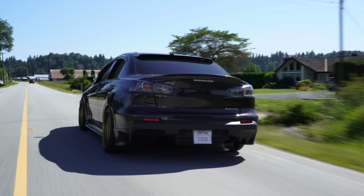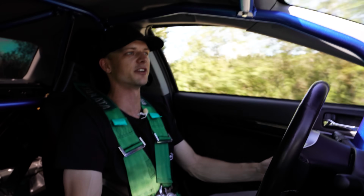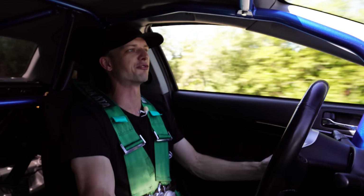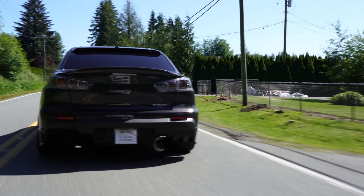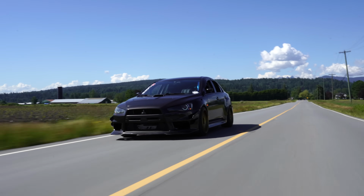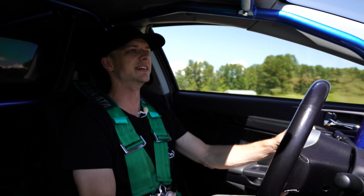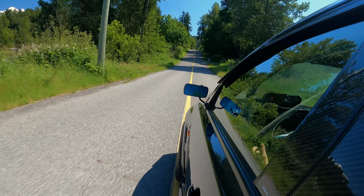It feels more planted than an equivalently powered Evo 8 or 9, which I've driven around this power level. It feels slightly less frightening. Also, like, you put in a roll cage in a car, you do some of these improvements, and they do begin to make the car feel stronger, a little bit less flexy. And again, this is not an older Evo. It's not as much of a tin can as the older ones were, but